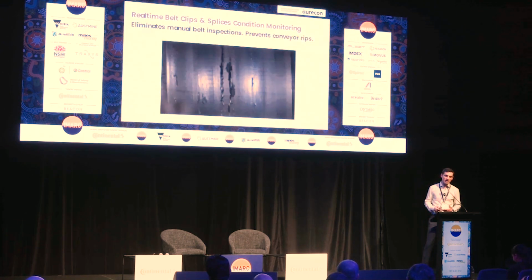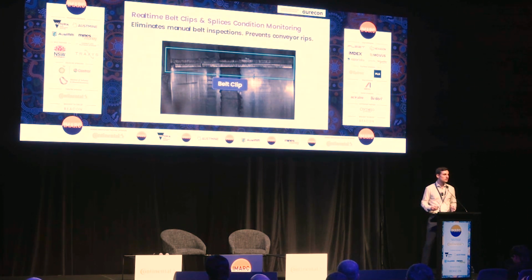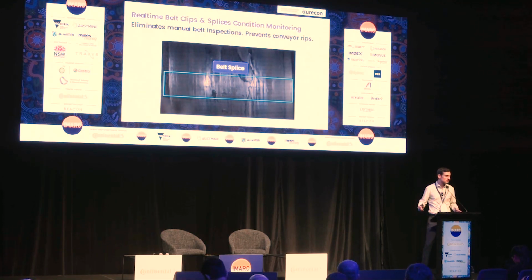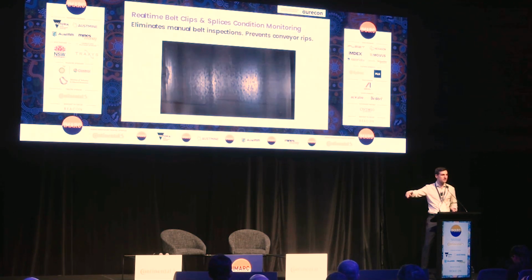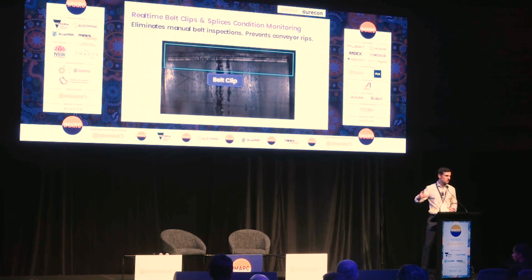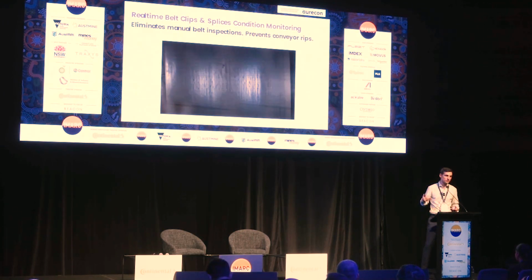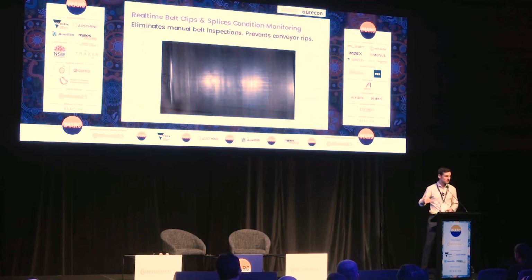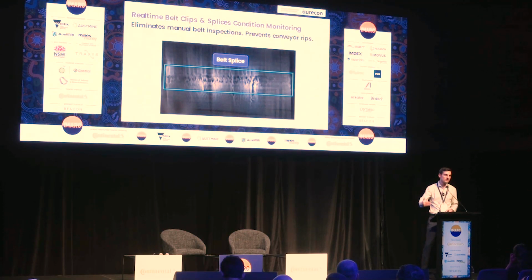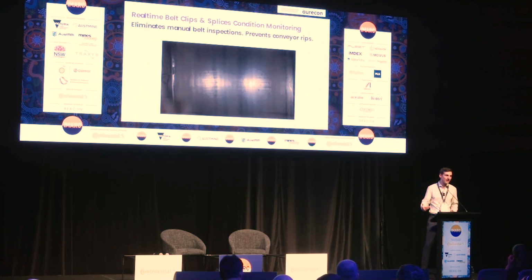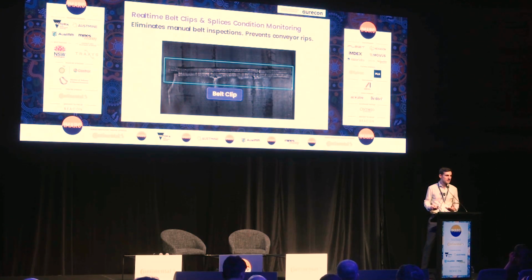And maybe lastly, splices and clips of the belt, which today require stopping the belt, losing production, and going dozens of kilometers manually to inspect them. Instead, we can put a high-speed camera before the loading, before the chute, and do this in real time, online, while the belt is operating regularly. So this is another example of failures and root causes that can be found only when new but very simple sensors are added to the site.